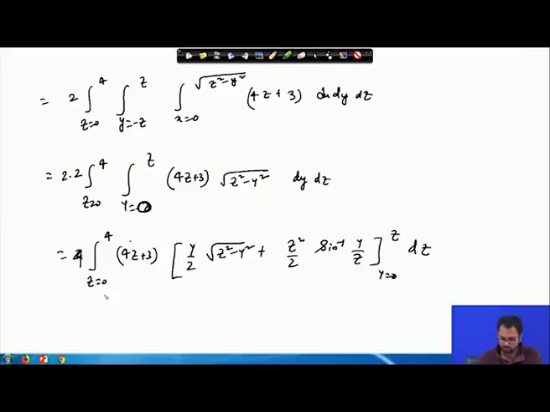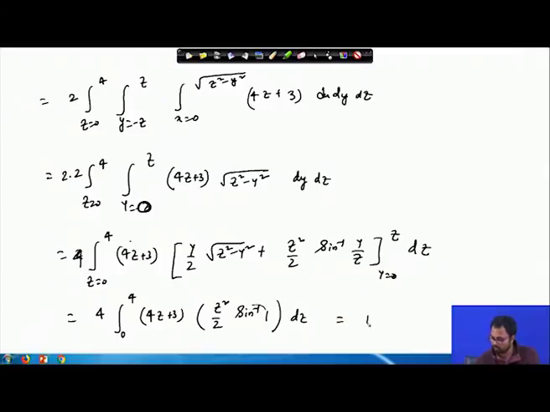So, ultimately we will obtain 4 integral from 0 to 4 of (4z plus 3) times z square by 2 times sine inverse 1, dz. So, sine inverse 1 is pi by 2. So, I will take pi by 2 outside, and then z square. So, this 4 will be gone, and therefore, we will have simply this integral 0 to 4,